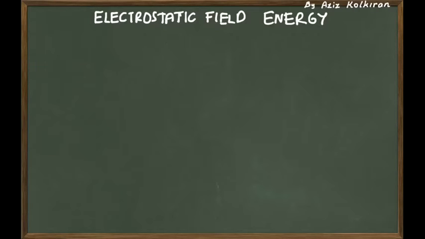So we have defined electrostatic potential energies of point charges. But the question is, what if in some region of space you don't have any charges but field, the electric field? How do you then express the energy of that region in terms of the electric field? So I will start